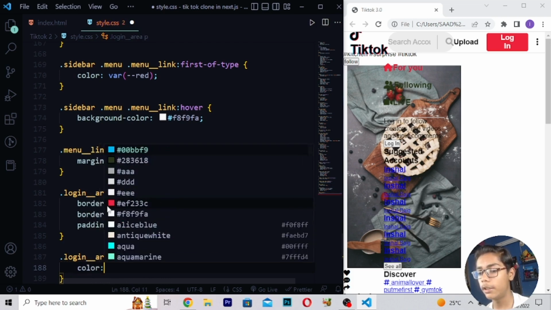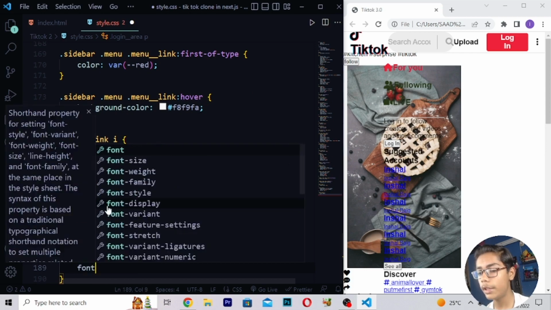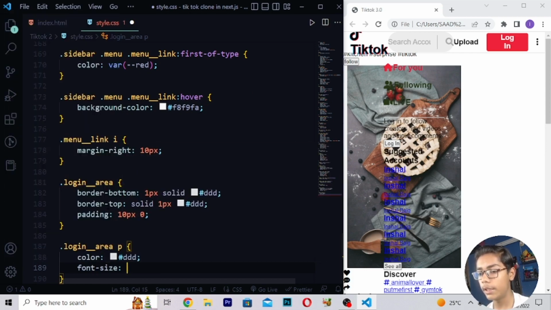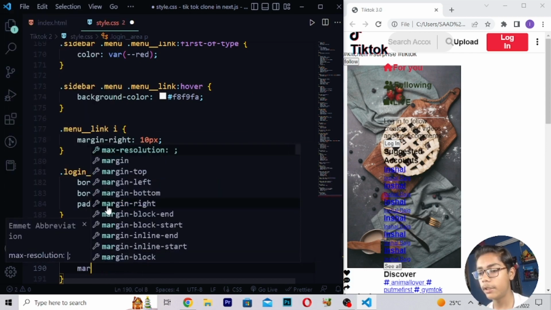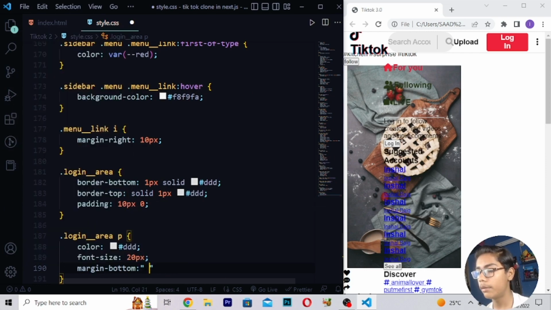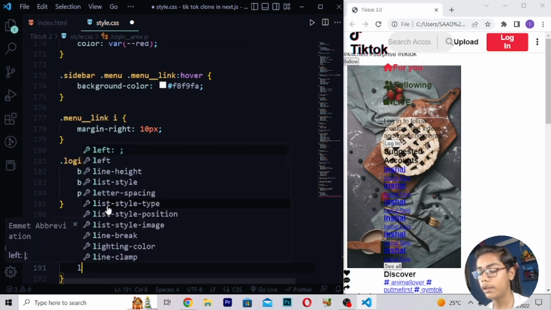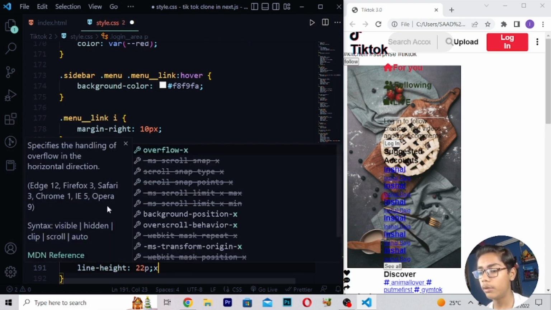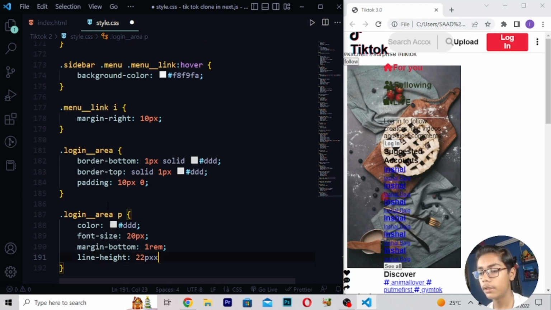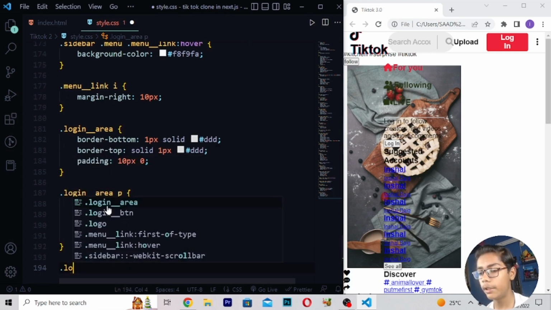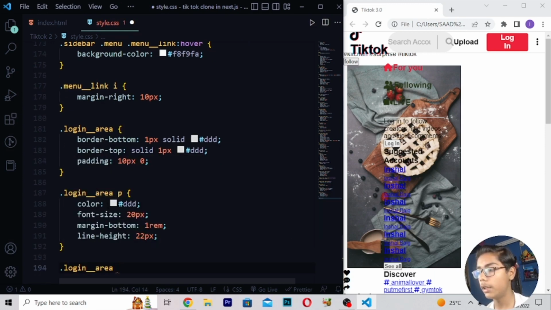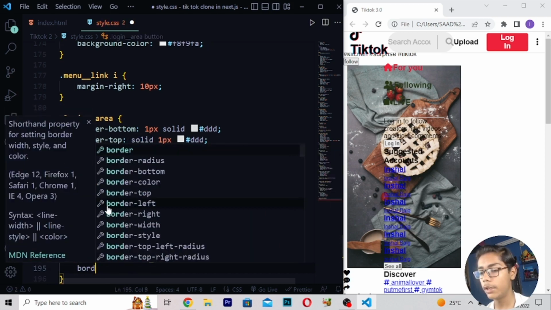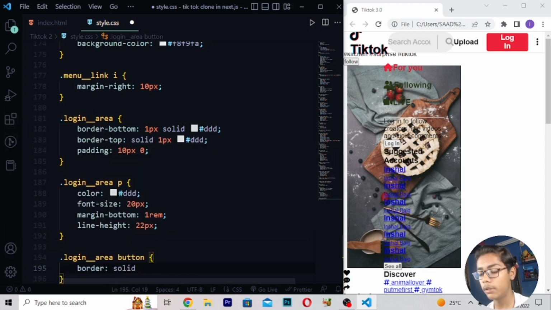then when you've written these all things, here I will be writing color #ddd, right here font-size, then I will be writing 20 pixel, right here margin-bottom which should be 1 rem, then right here line-height which should be like this, then here I will be now giving gap 22 pixel like this. So when you've written this, here I will be writing .login-area, right here button, right border solid 1